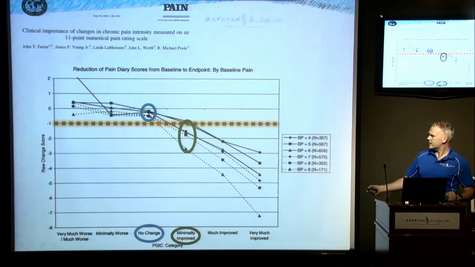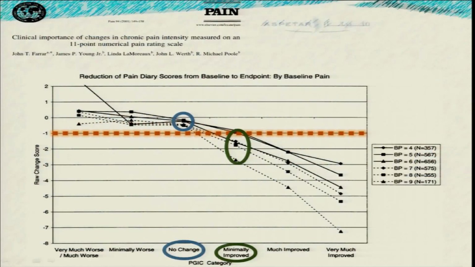And in fact, a 1 out of 10 change is closer to no change as far as a patient is concerned. In fact, if you reduce their pain by half a point out of 10, they'll say that they're no change, or actually they got a little bit worse. And yet, if we have a large enough sample size, that'll be strongly statistically significant, p less than 0.01. So we demonstrated a statistically significant reduction in pain with this intervention. Yeah, and the patient thought they were no different, or they actually got a little bit worse.